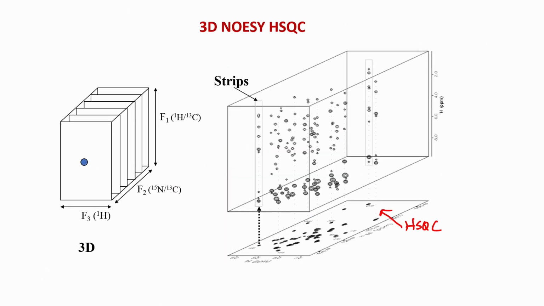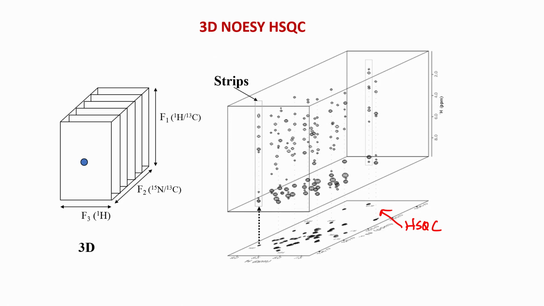The difference is, in a NOESY we will see additional peaks, not only the peaks from one amino acid, the same amino acid, we will also get peaks from far away amino acids because of the NOE effect, and that effect is something we are looking for. We are not interested in getting peaks from the same amino acid, but we are interested in getting peaks from the neighboring and far away amino acids, because those are the ones which carry the distance information.